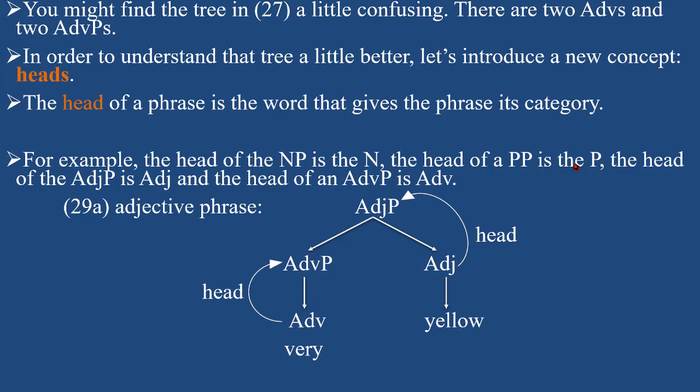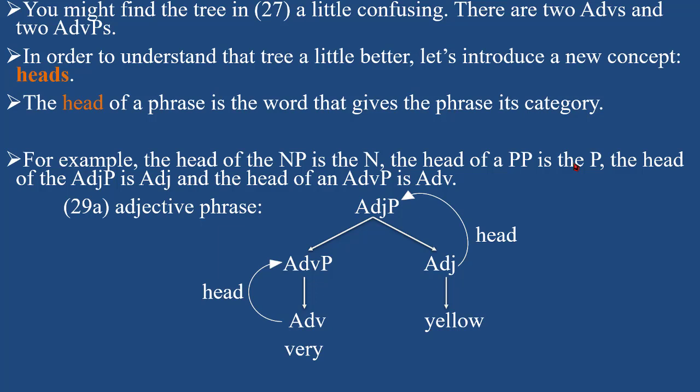We say, for example, an NP, a noun phrase: the noun is the head. It gives the phrase the category NP. So the head of the noun phrase is the noun. The head of a preposition phrase is the preposition. The head of the adjective phrase is the adjective. The head of an adverb phrase is an adverb. All right, so let's take the example in